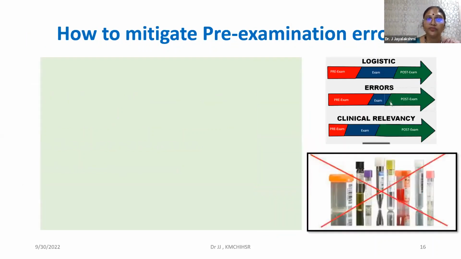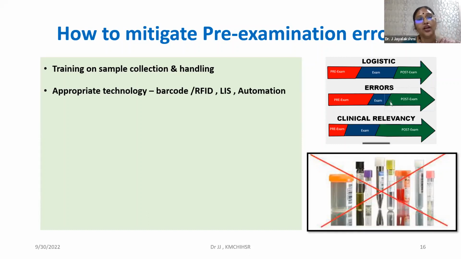Now, how to mitigate? Training on sample collection and handling. You can train your healthcare professionals, but for the patients, you always give instructional cards in a way that they can understand. So read and write, put it down in pictures, in bilingual form, and hand it over to the patients if it's going to be a patient-collected sample. It's worth the effort to tell them what type of sample you would want them to bring back to you. Appropriate technology using barcoding or RFIDs, which will capture them, and linked with your LIS system,